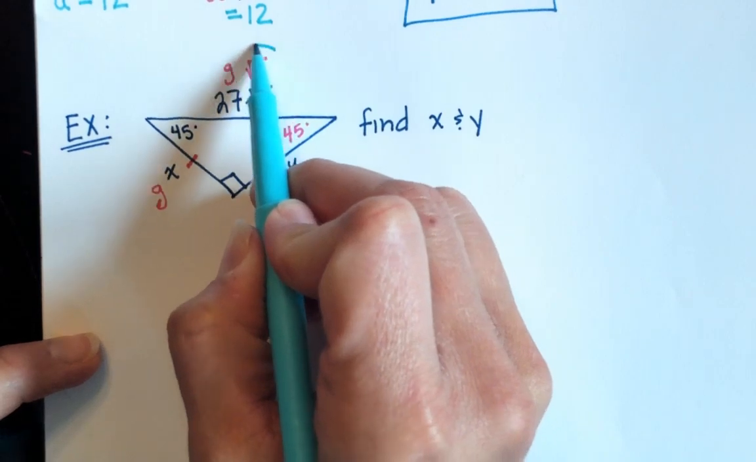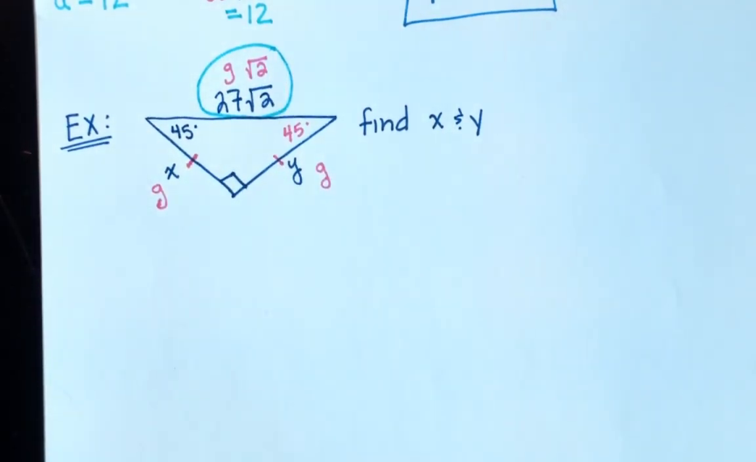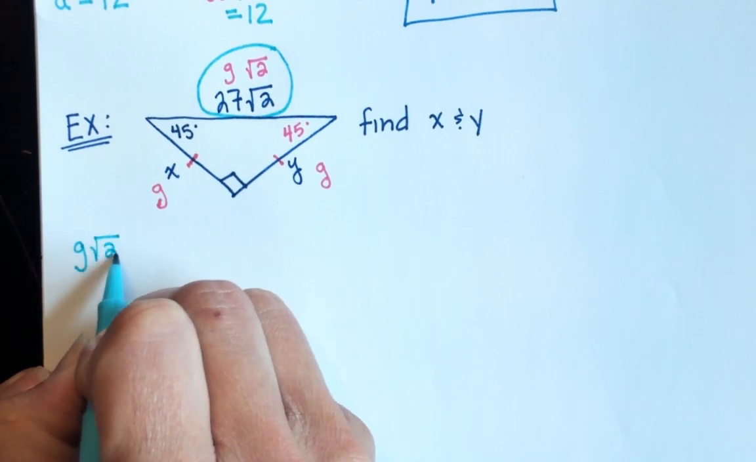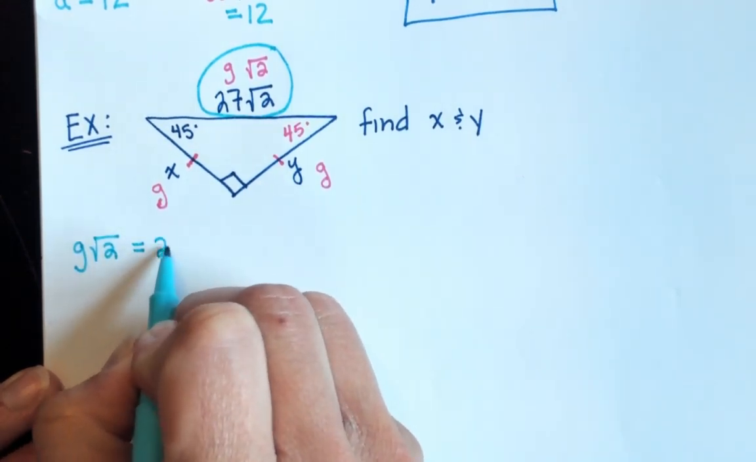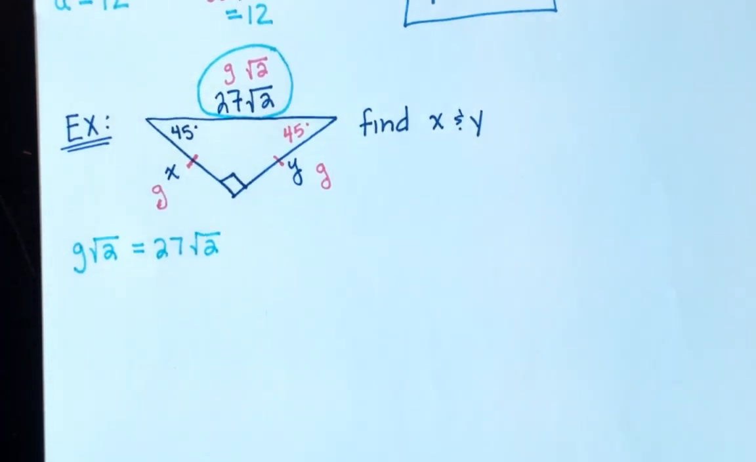And just like before, the side that has the formula and our value, the number, we're going to set equal to each other. So g radical 2 equals 27 radical 2. Now, you might already see what this answer is, and others may as well, but just to show why it's happening, just realize